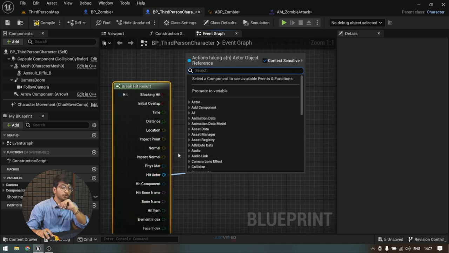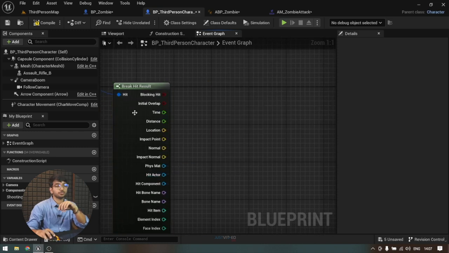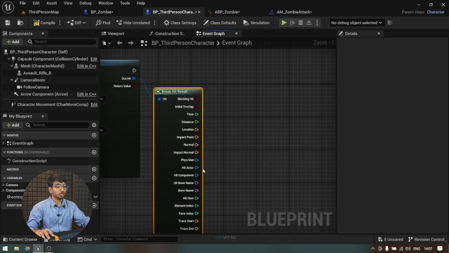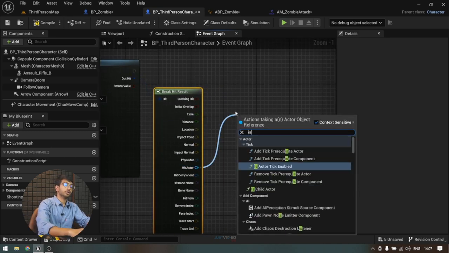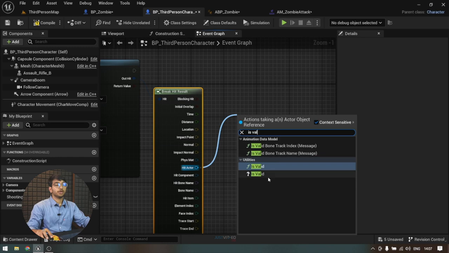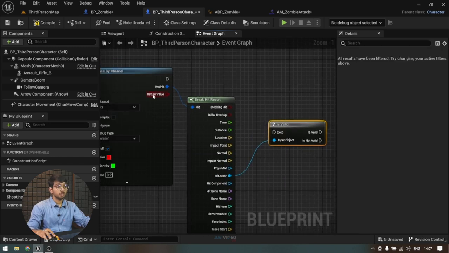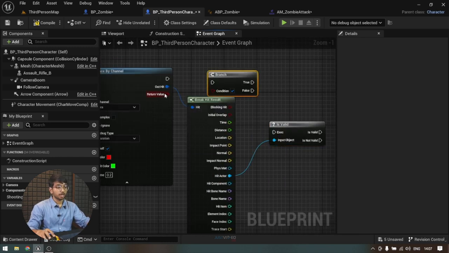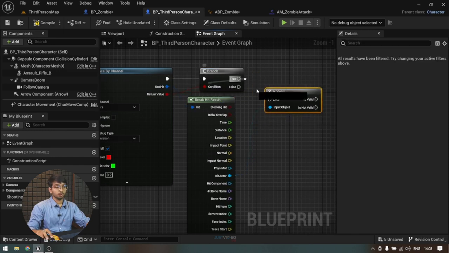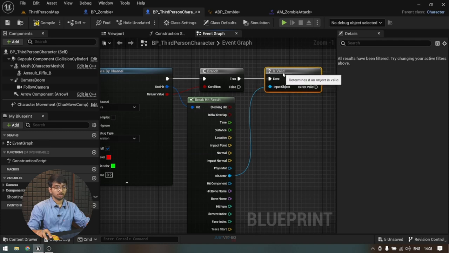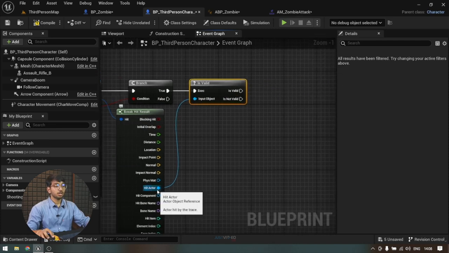The hit actor we'll be using. Now what will hit actor do? First we'll check if it is valid. If it is not valid, we'll do nothing. And from return value, we'll get a branch. If it is returning a value, only then we'll proceed. We'll check the input object, hit actor, and if it is valid, then we'll check for